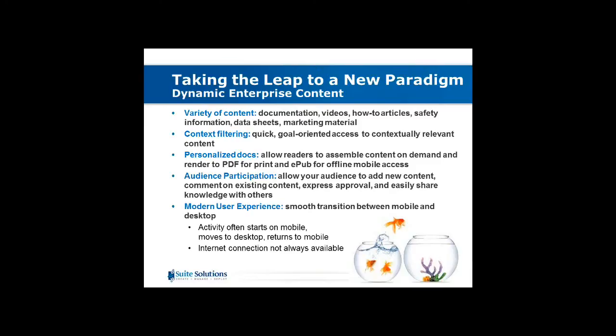And then to be able to provide a modern user experience, which these days modern means a lot of different things, but these days modern often means creating a smooth transition between mobile and desktop. We saw before